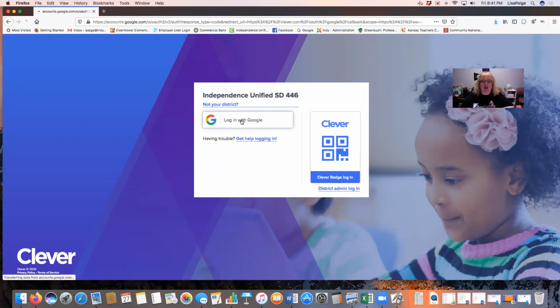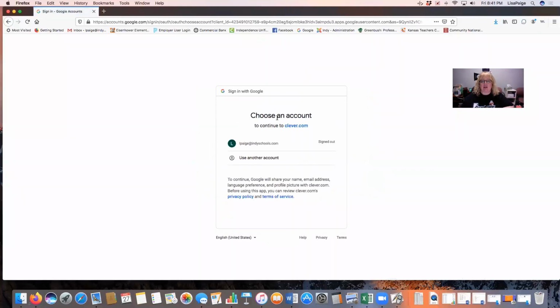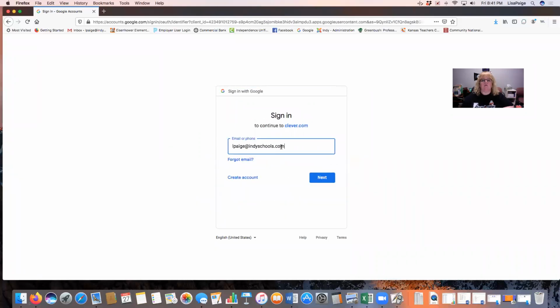So let's try it. We're going to log into Google, and it comes up here and says to choose an account. Well, we're not going to use mine. We need to use the student's account. I'm going to put in the student email, and this would be the email that your teacher sent. Your teacher should have sent your student's school email account and their password. A student's email account is their first name dot last name at indyschools.com. I'm going to be using Theodore Seal. I'm doing that with permission of his mother. And so theodore.seal at